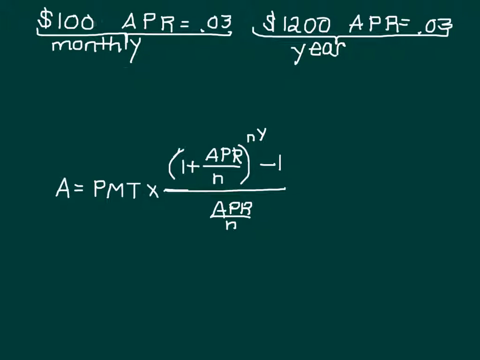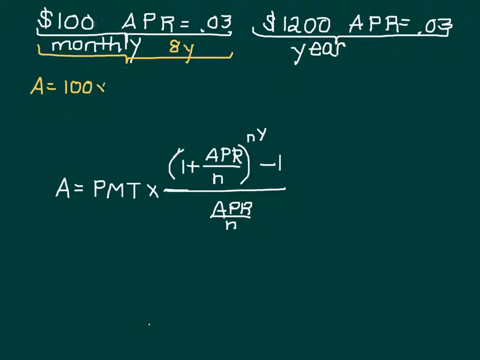So let's start with Yolanda right here to figure out how much money she has at any given time, or at 8 years. So at 8 years, the amount of money that she will have is equal to the payment, which is $100, and that goes in monthly,